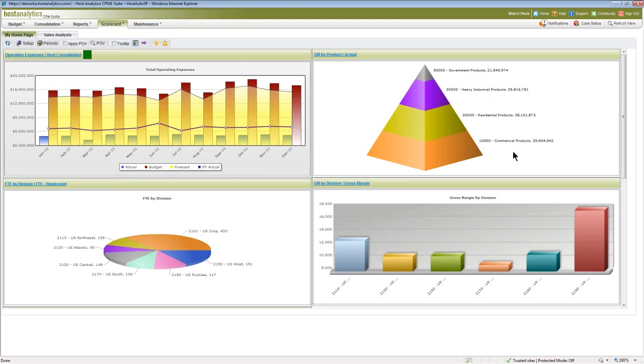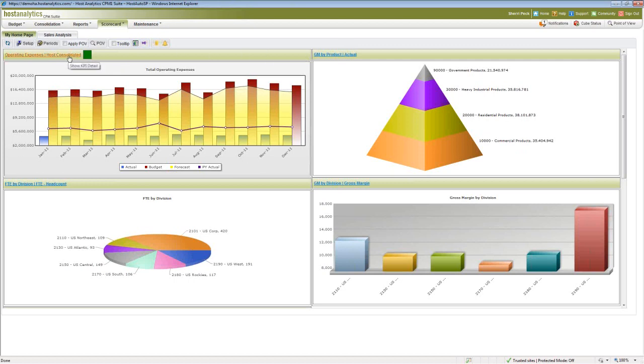So if you're bringing information in from your ERP or your revenue or your invoicing system, it can capture the product information, and it allows you to then budget down to a product, a customer, even a SKU number, if that's how you need to run your business, or that's how you can make the best decisions. So these are not just pretty graphs, but they're actually useful.